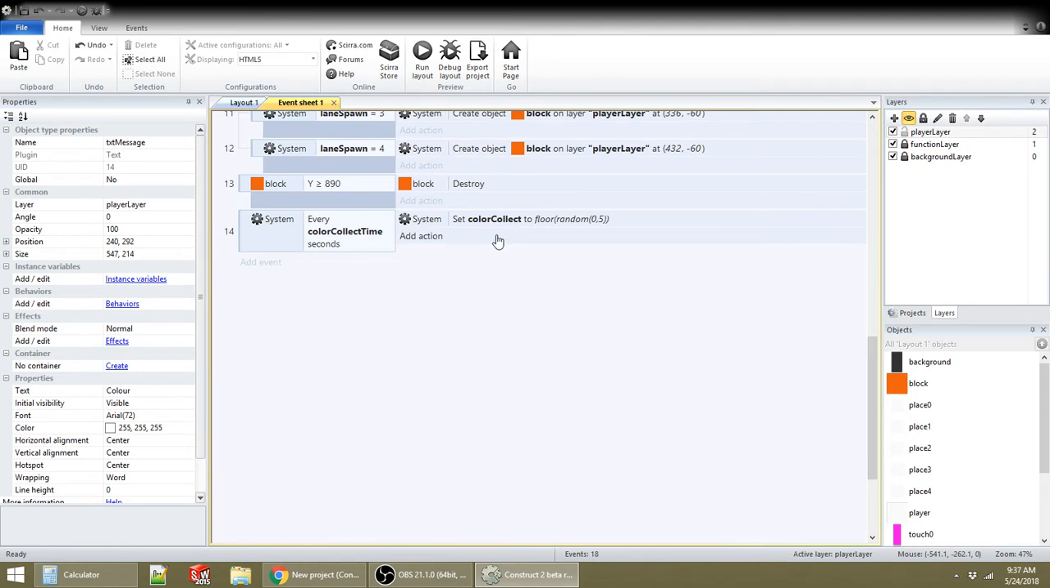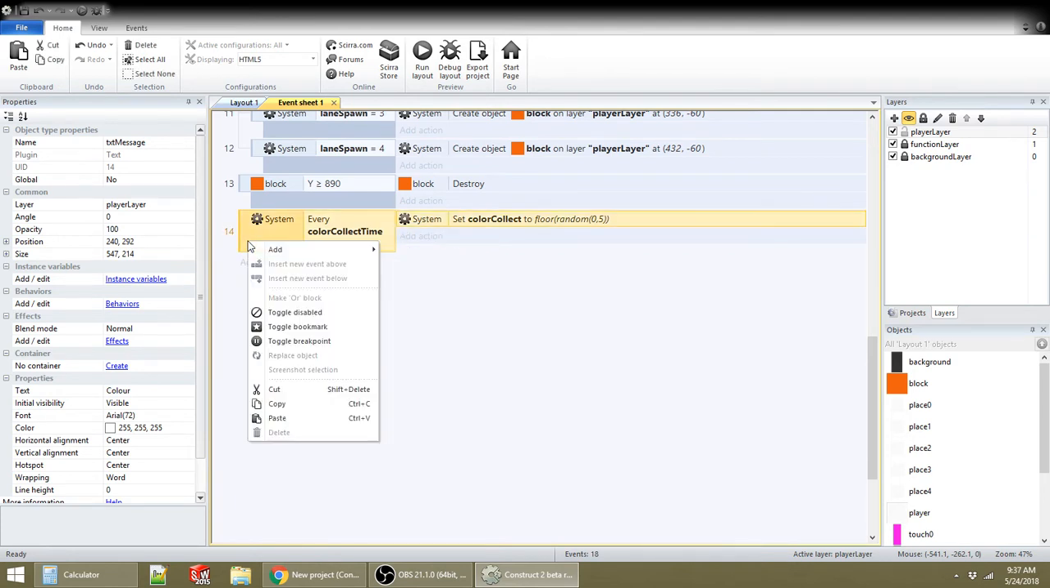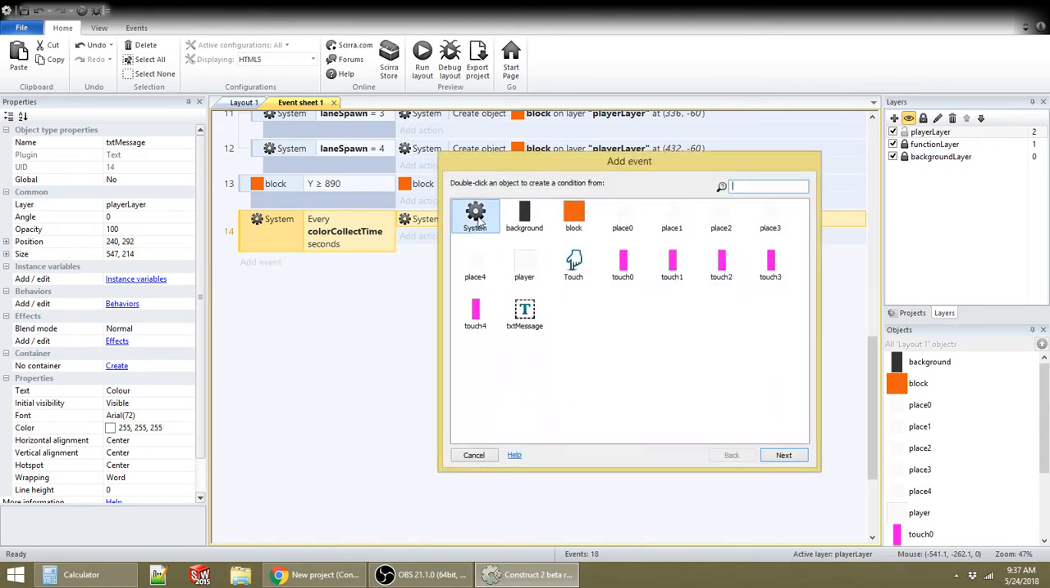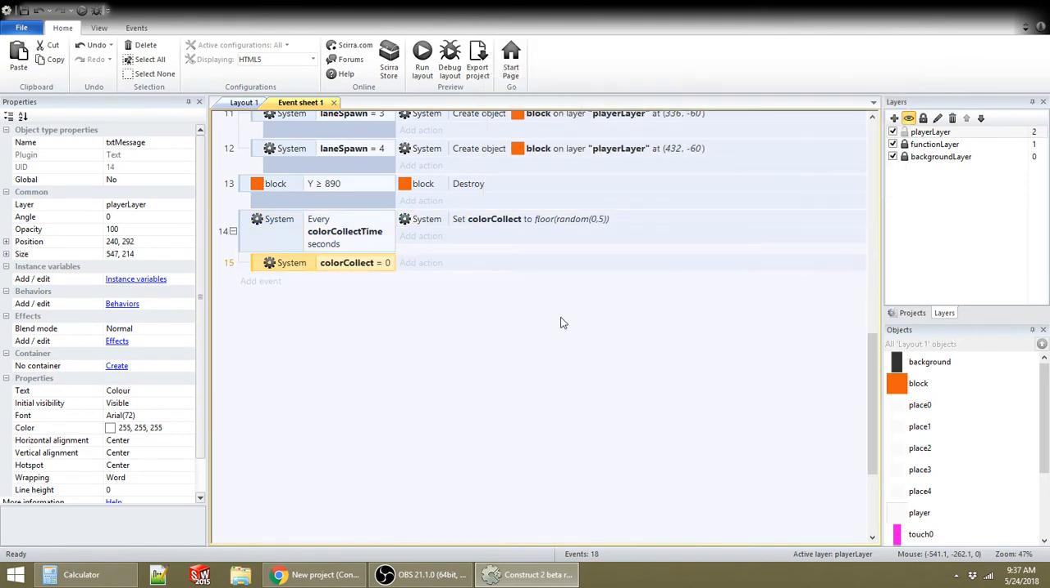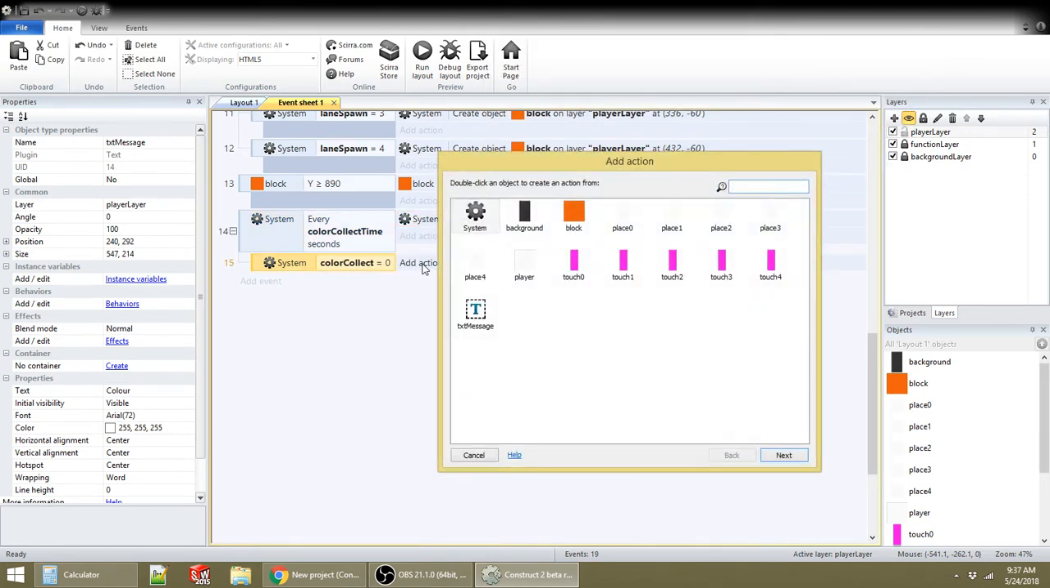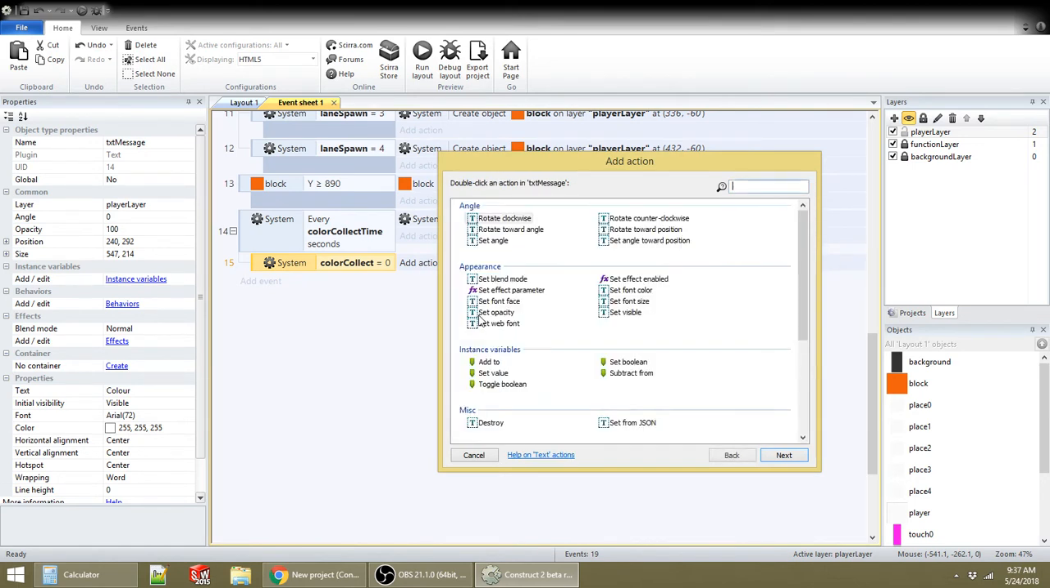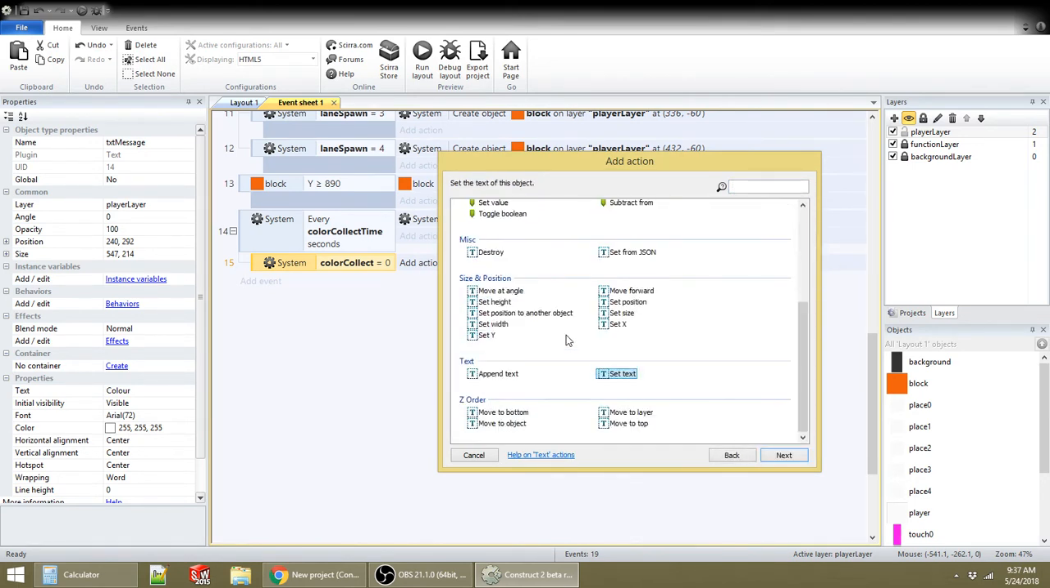And we're going to add a sub-event on here. So I'm going to right-click, Add Sub-Event. And that sub-event is going to be on the system, and I'm going to ask it to compare a variable and ask it, does color collect equal 0? If color collect equals 0, please do the following. It's going to be system set text